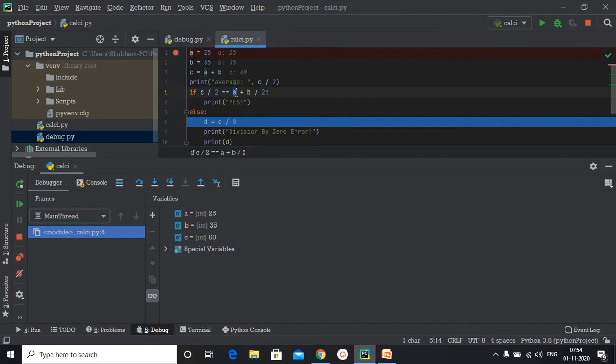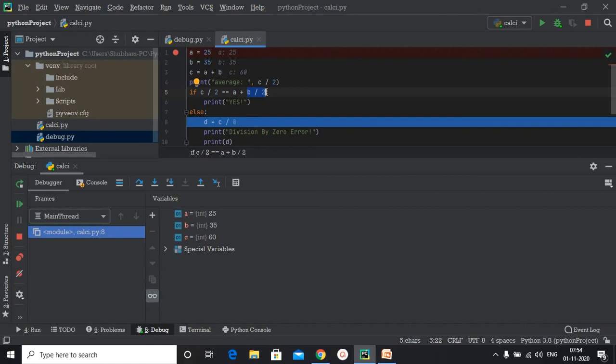However, if you look at this part, A plus B divided by 2. This does not mean that we are adding A and B and then dividing it by 2. Instead, we are first dividing B by 2 and then adding it to A. I hope the logic was clear.